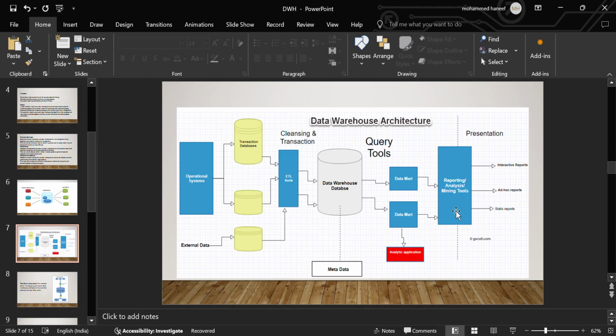After that, this is the reporting analysis layer, where, as I mentioned above, we can use the reporting tools to pull the data. Okay, this is just an overview of this one. And coming to the